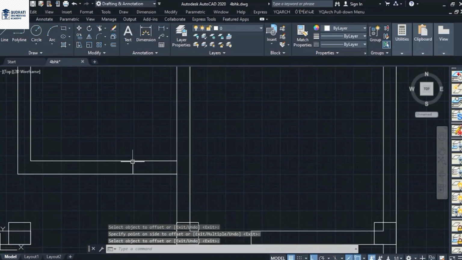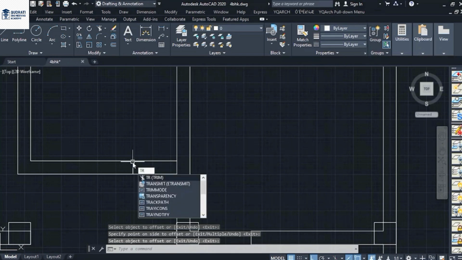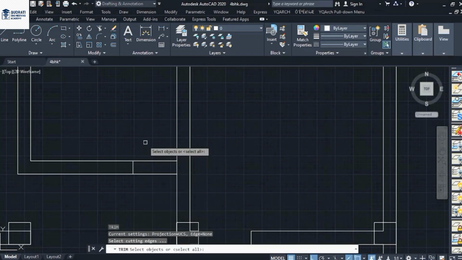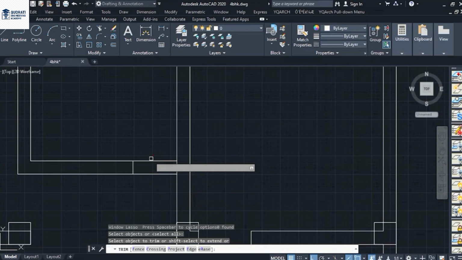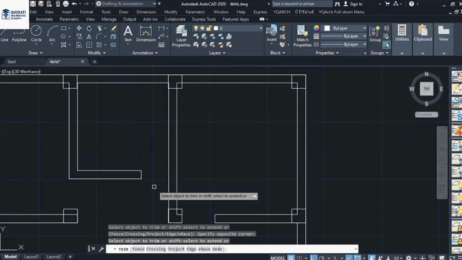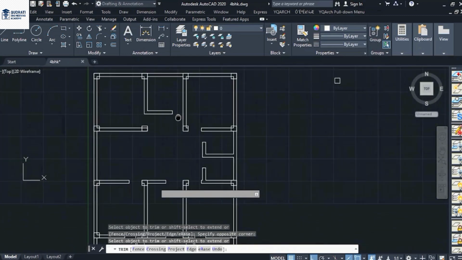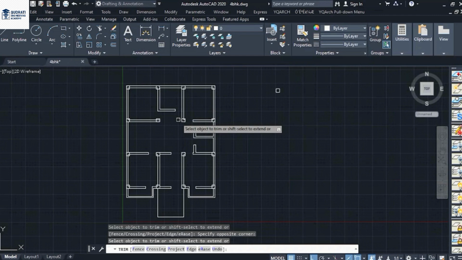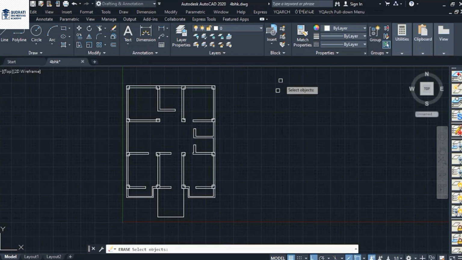And once you try to review and repeat these commands by yourself, I'm 100% sure that you will not find any problem in drawing a plan. So let's delete the square